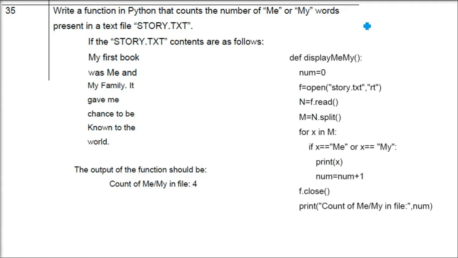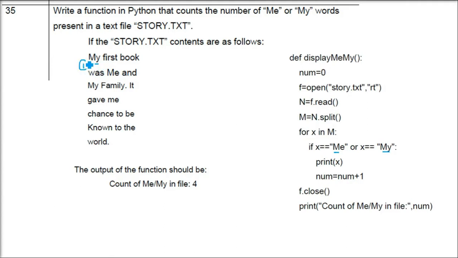Please understand case sensitivity. If the solution is like this, the answer will not be 4, it will be 3. The answer provided by CBSE is 4, but the solution they have provided will not give you 4, it will give you 3.